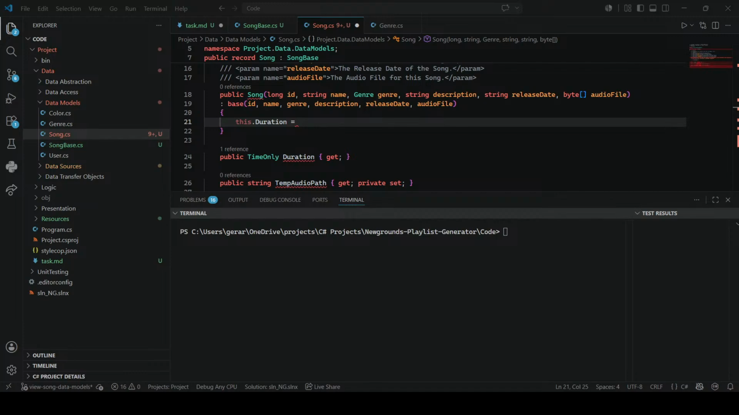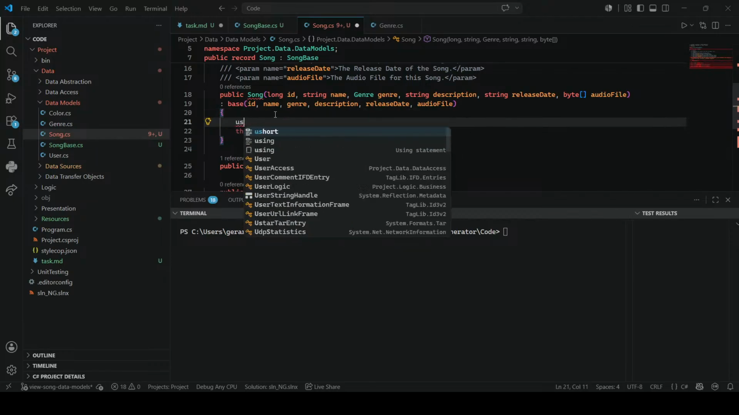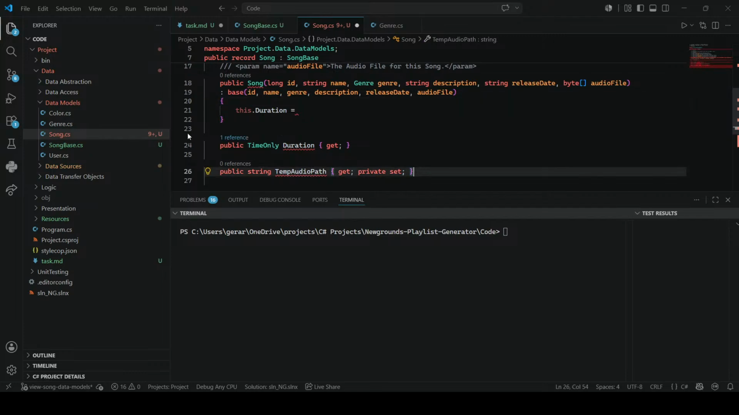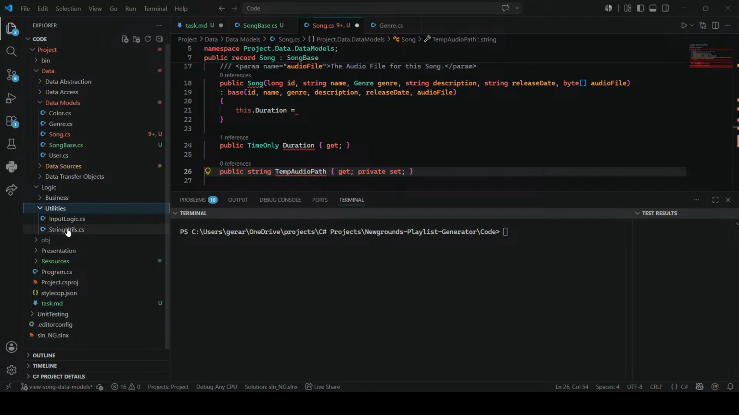Get audio duration would just be using a memory stream and an MP3 file reader. Do I have an audio? I'm not sure. But yeah, I would argue this needs to be its own method, as a utils file, right? I would say this goes into logic, just make a new file,